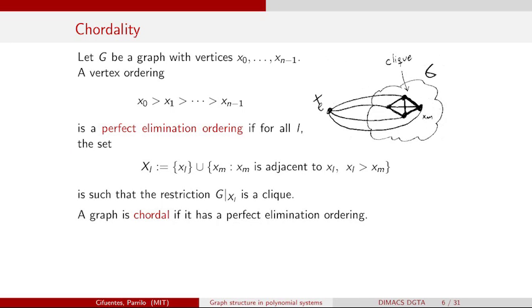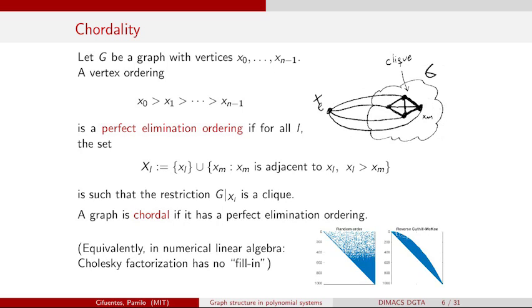And when I say very convenient, again, if you ever taken a course in linear algebra, you may know about the Cholesky factorization. For instance, one of the things that's very important when you do a Cholesky factorization is that the ordering of the variables matters. And the way that in linear algebra we know that this is true is because whenever you have a chordal graph and you do a Cholesky factorization in the right order, there's no additional fill-in. The sparsity pattern of the factor is exactly the sparsity pattern of the original matrix. So if you factor a very sparse matrix in the right order for which the graph is chordal, you're still going to get something that's very sparse.